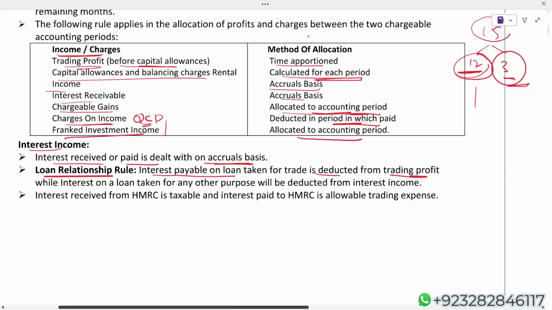For example, the company has taken a loan for working capital. So whatever interest the company is paying on that loan will be deducted from trading profit. While interest on a loan taken for any other purposes will be deducted from interest income. There's a possibility that you have taken a loan for non-trading purposes. So the rule says, interest on a loan taken for any other purpose will be deducted from